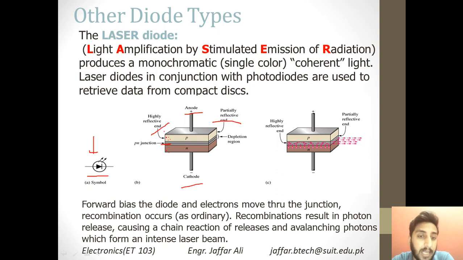So it will be much more amplified as compared to not using the highly reflective or the partially reflective end. If you remove both of these ends, the one photon will enter and it will strike, and it will go back, and it will be lost. So to keep that inside this layer or this region, you will have a highly reflective end on one side and the partially reflective end on the other side. So you see that once a photon gets in, it will keep striking back and forth, and it will be highly intensive light on one of the output sides.